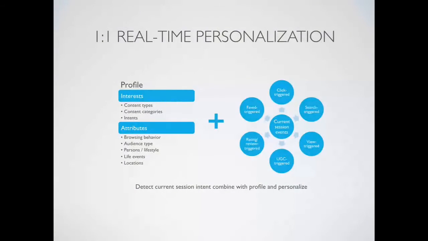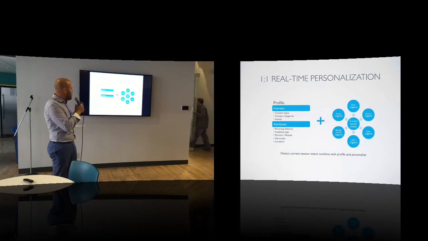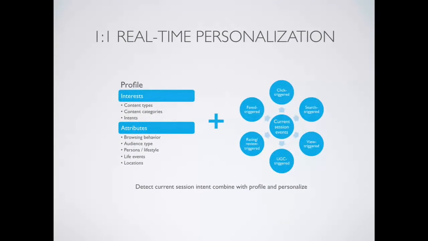The more advanced one is real-time personalization, because one-on-one personalization is only based on history, but real-time personalization takes, in addition to what we have as a profile, the current session. So during the same session, if the user does an action, you don't want to wait for next time he comes and personalize based on that. You want to be able to personalize in the same session, during the same path. For example, if the user faved a content, what do I do next in the same session? If the user rated or reviewed the content, what do I do next in the same session?